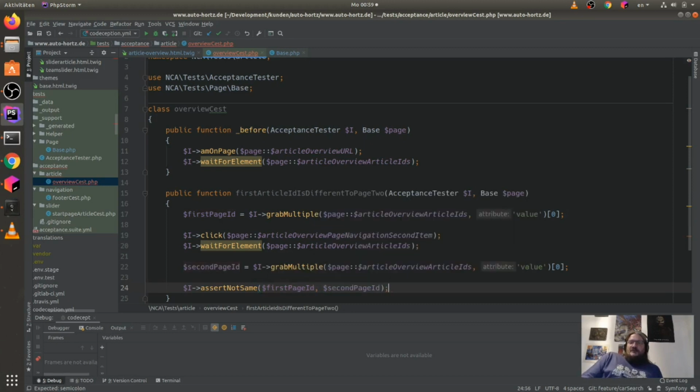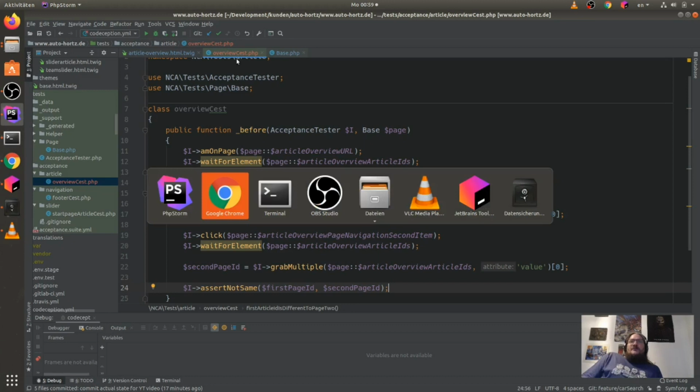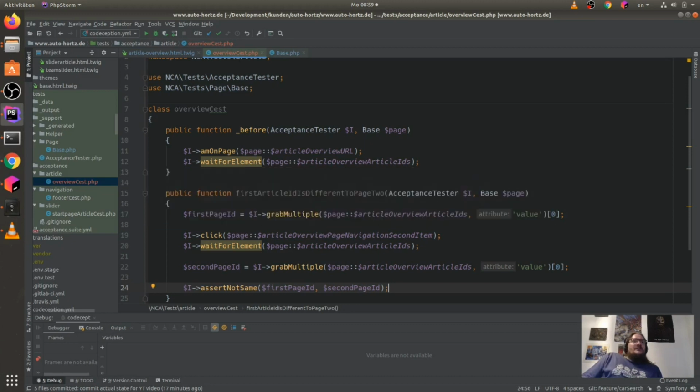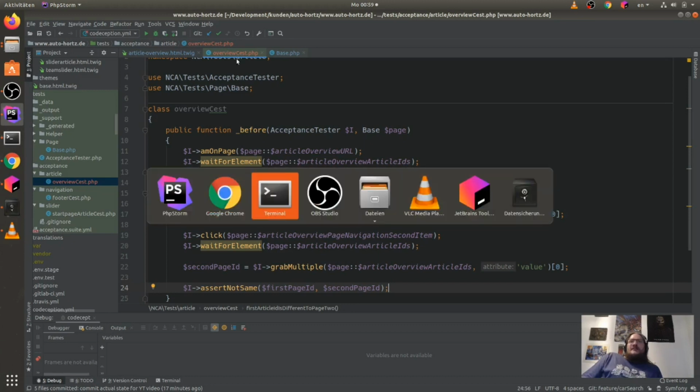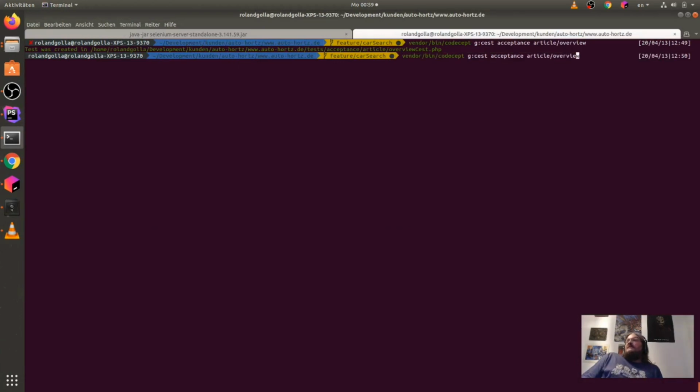I think to make this more working, but for now we can say, okay, we have this article acceptance test. It's just overview. We can run acceptance slider. Let me go back, maybe it's 6 times.